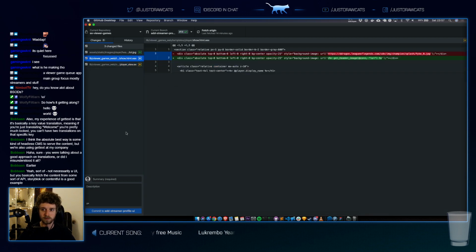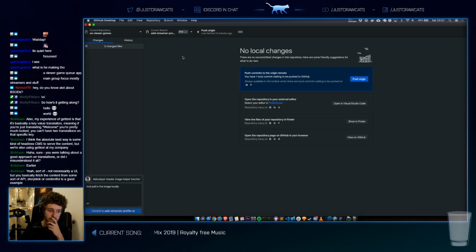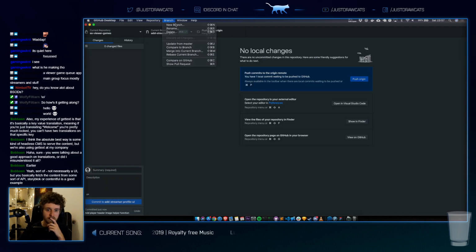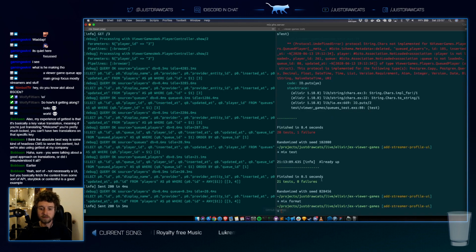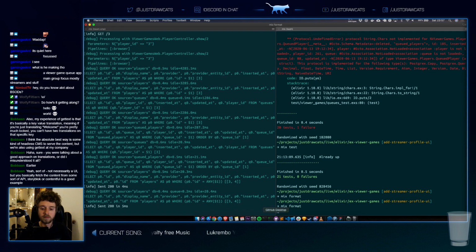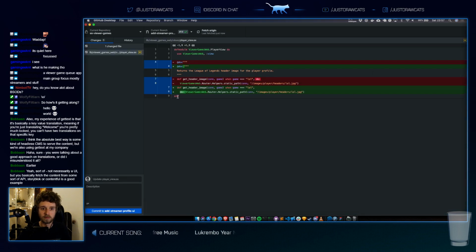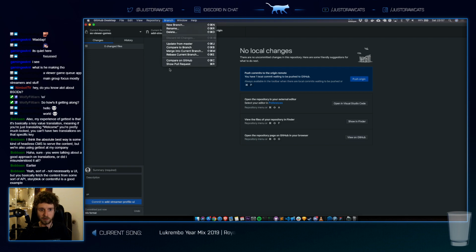Sweet. Player header image helper function, and pull in the image locally. Oh, we should do mix format. Yeah, that's what I thought. Gonna fail CI.